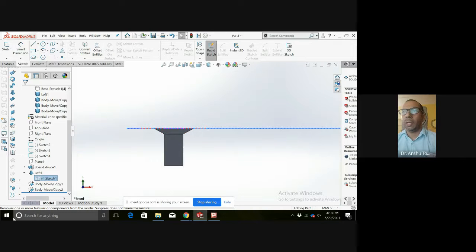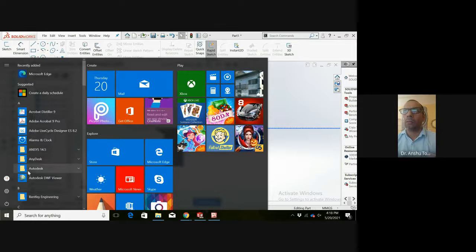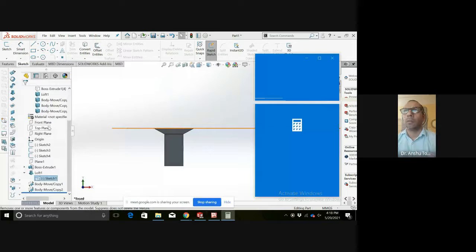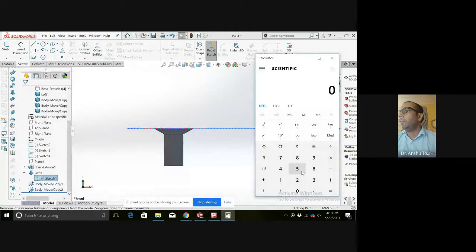So again, using the calculator, we have taken 250 plus 100, 350, and total 460.